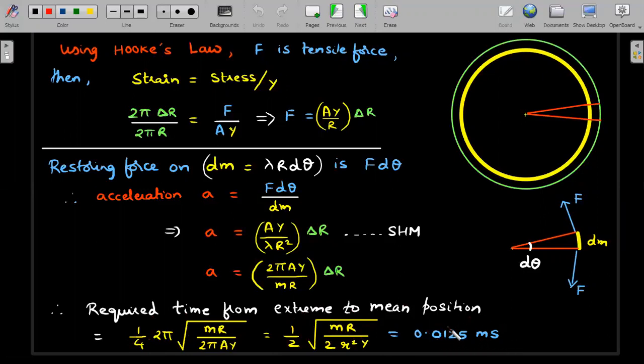It's straightforward, but this kind of simple FBD and association with Hooke's law is going to be a prime candidate for the JEE Advanced syllabus. So you need to be very, very clear in your thought process while writing the equations in your problem.